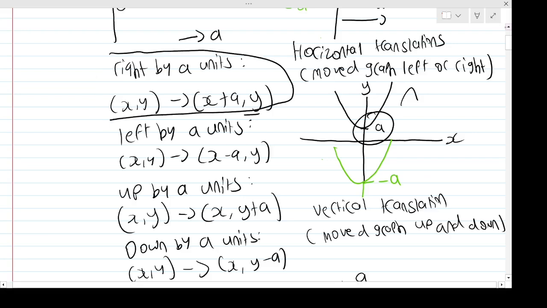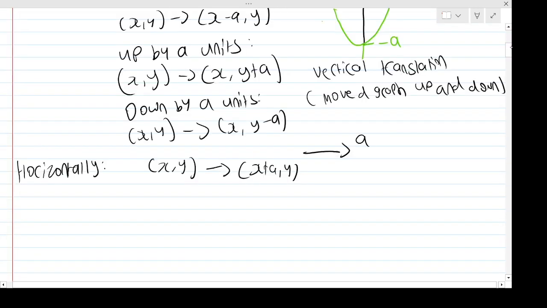This first statement we did, right? So I want to move it to the right. Want to add a to every x coordinate. Okay, so that's what's going on there. Okay, now